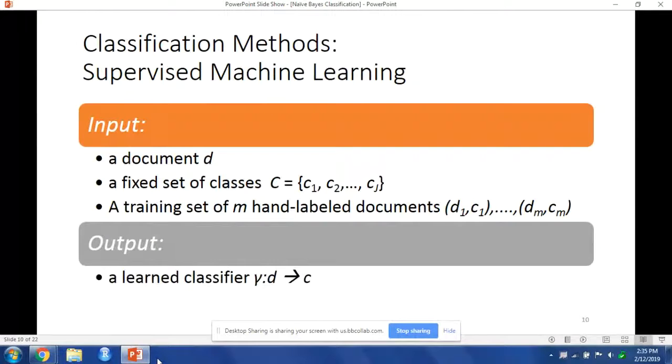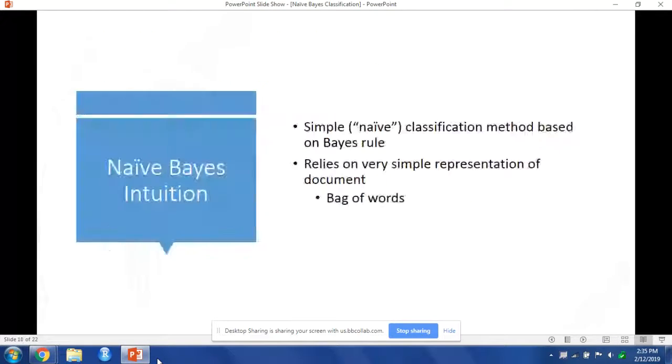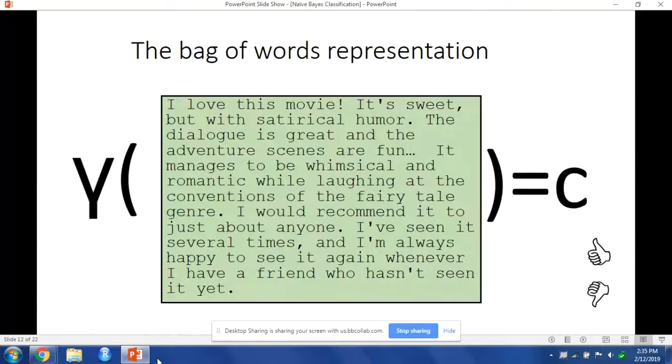We have to hand label our training set. Our naive Bayes model uses something called the bag of words. We want to reduce our document into a bag of easily classifiable words, or words with easy to understand connotation. So if we have this passage here,